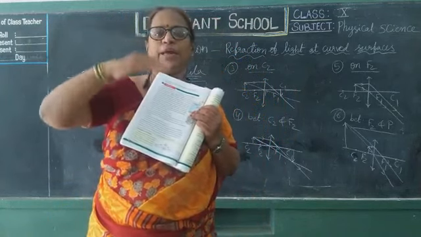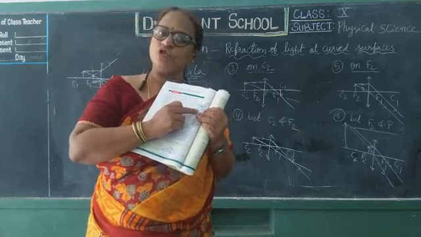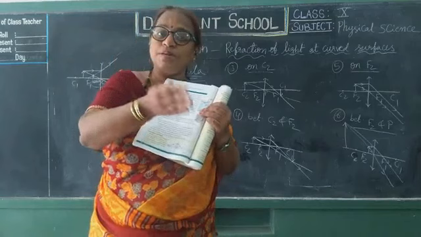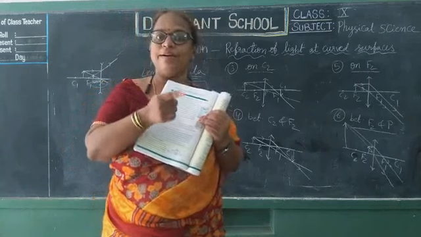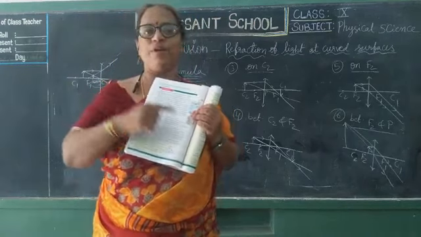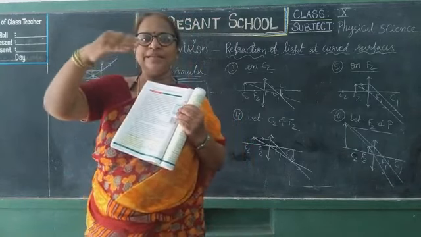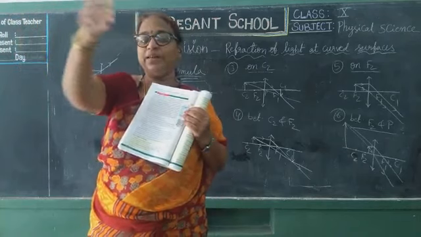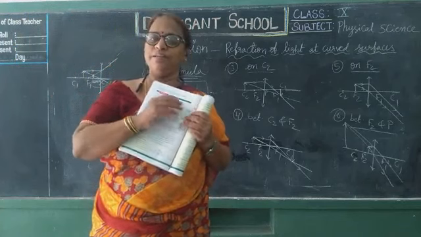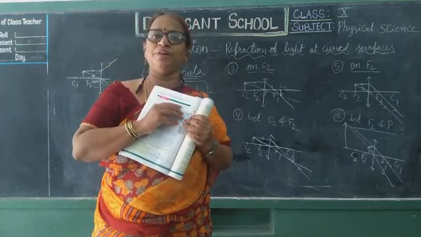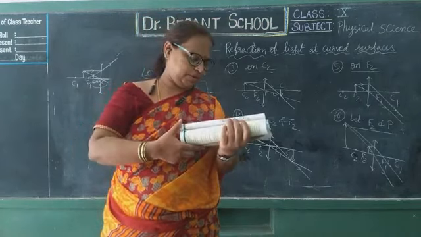Now slowly increase the height of this lens from the stone. Even then you are able to observe the stone. So what did you understand from this? The focal length has changed for the same lens when it is placed in water. Outside, in air, it is 15 centimeters. Now you are bringing it above 15 centimeters, 16, 17, 18, 19, 20. Even then you are able to see the stone, which means the focal length has changed. Understood? So from this, focal length depends on the surrounding medium. Clear? That is what this activity shows.